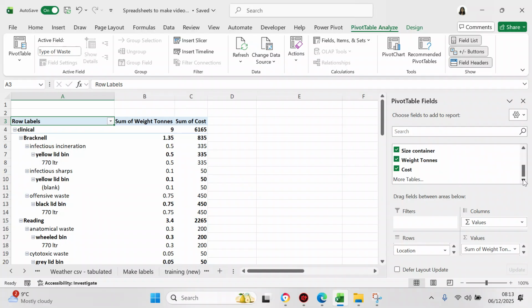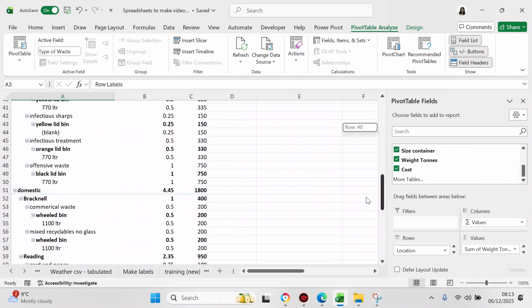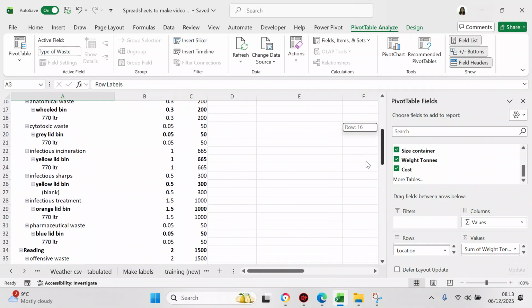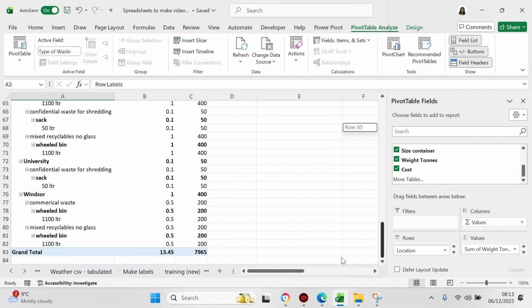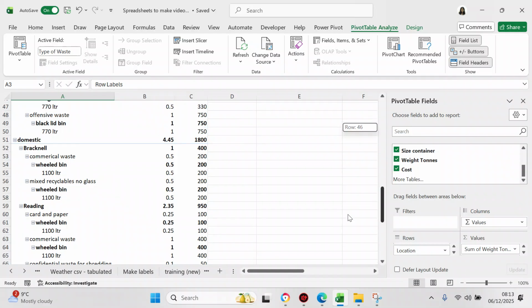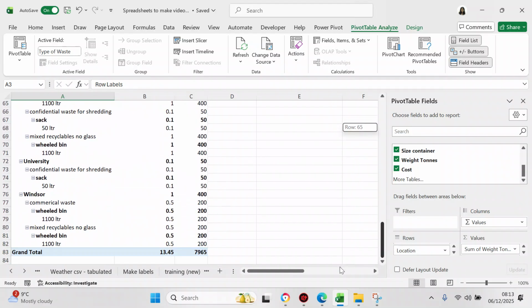So that's how we would do the pivot table. So the pivot table, it's broken down into clinical and domestic. And then you got a grand total of how many tons of waste you collected and emptied,